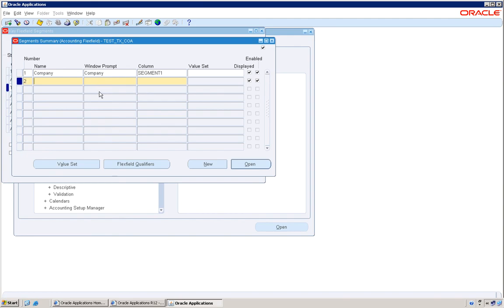Come to 2, department, and we'll give it as segment 2. 3, giving here accounts, segment 3. 4, I'm giving as product,